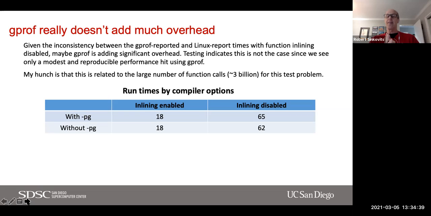When inlining was disabled, I saw that compiling with the -pg flag actually resulted in slightly slower code. In this case, it was about 5%. And this was reproducible. I ran this multiple times and consistently got 65 seconds with -pg, 62 seconds without -pg, which is about the most overhead that I've ever seen Gprof introduce. And my hunch is that this is related to the large number of function calls, 3 billion for this test